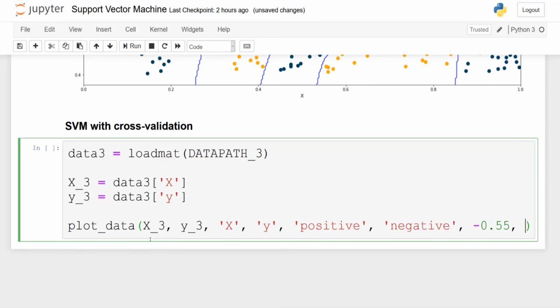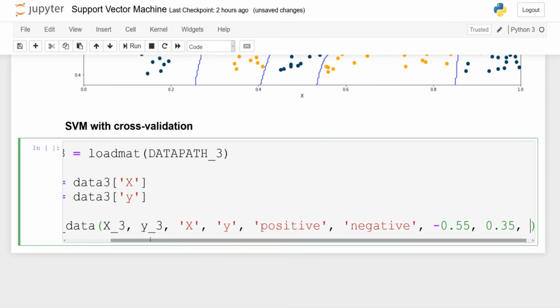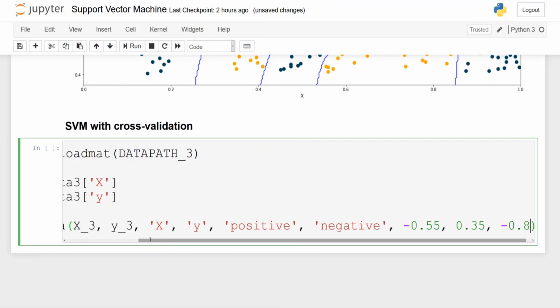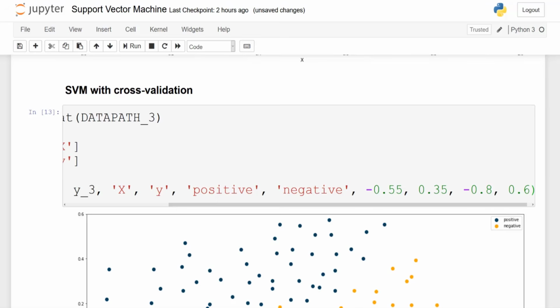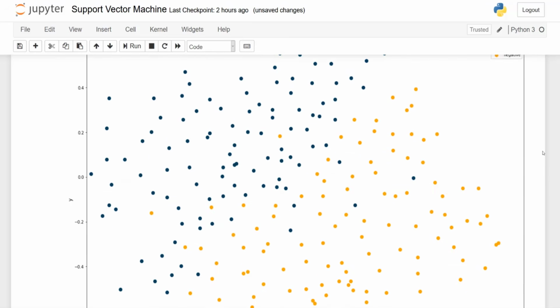And we want to plot from minus 0.55 to 0.35 and from minus 0.8 to 0.6. So that makes the data points nice and centered. And as you can see now, there is a clear overlap between both classes, and so there is no clear boundary between each class. So this is when we need to use cross-validation in order to find the best parameters for the best boundary.